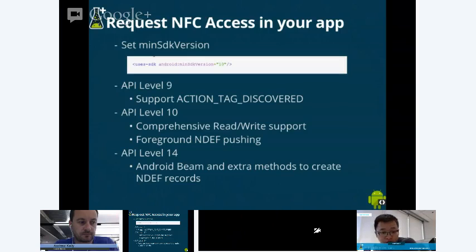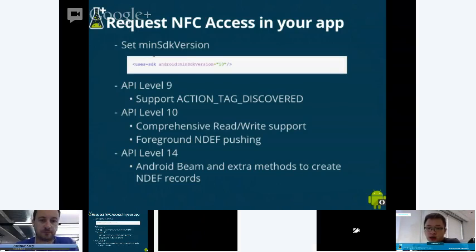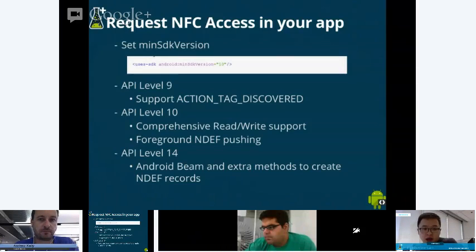In API level 14, we added Android Beam support and some other convenience methods to create NDEF records. So I suggest at least using API level 10. That's our recommendation.